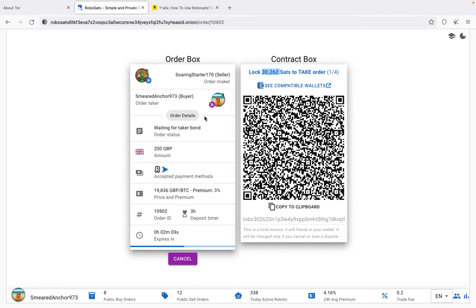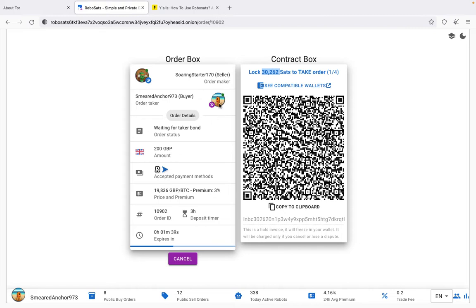As you are the buyer, you will choose which one you want, faster payment or Revolut, and you will find a way to send payment to the seller. Basically, the chat space will be here, and you chat with the seller and send your payment. The seller will say, okay, this is confirmed,